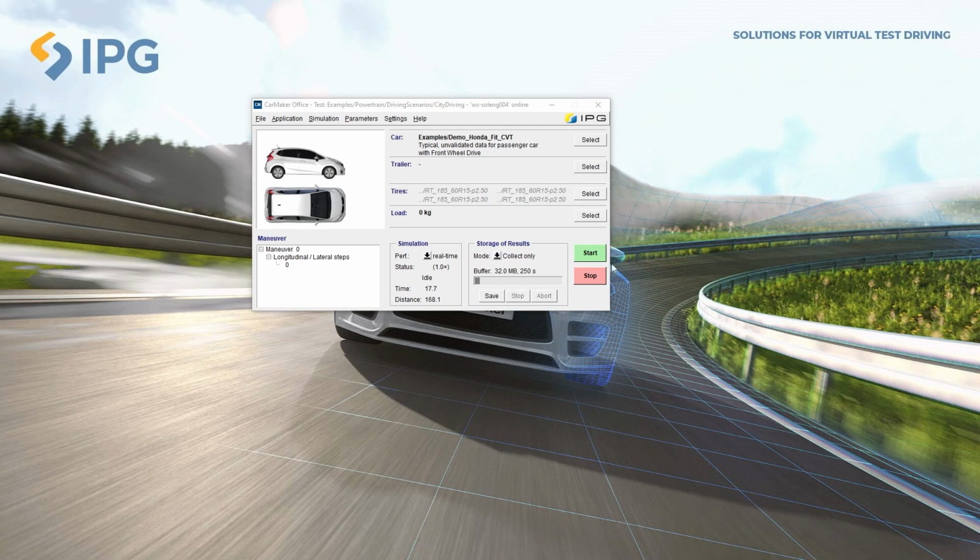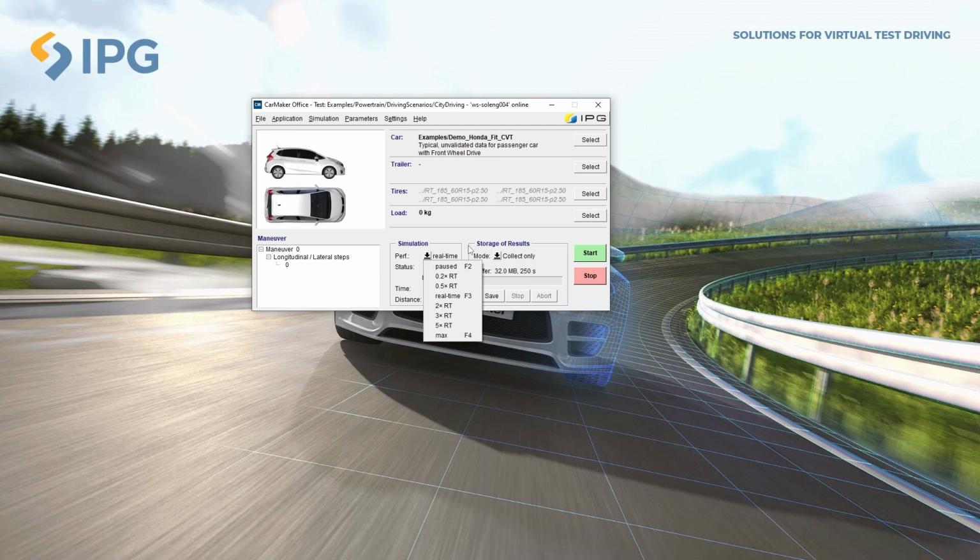By clicking on Start, we can see the simulation and see the status changing. After clicking Stop, the simulation is ended prematurely and the status goes back into idle. Not only now, but also during the simulation, we have the possibility to change the performance by clicking on the arrow to open up this drop-down menu here.